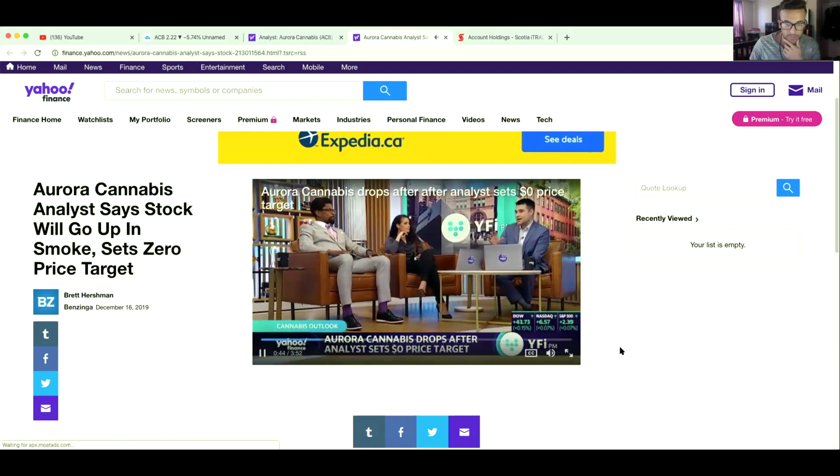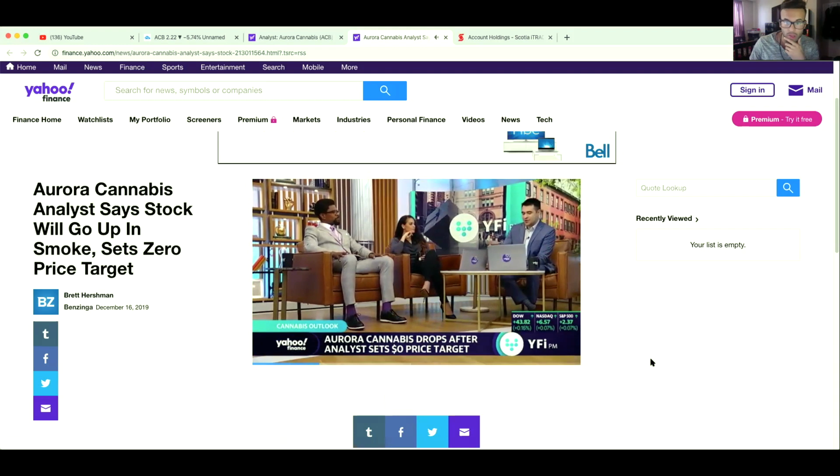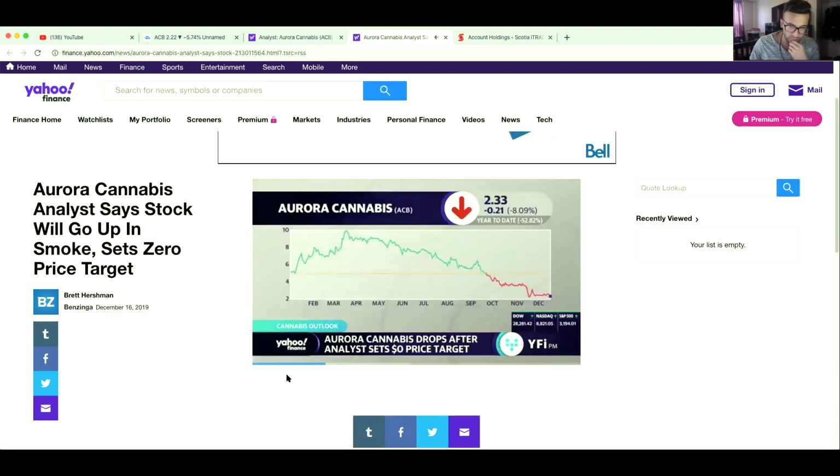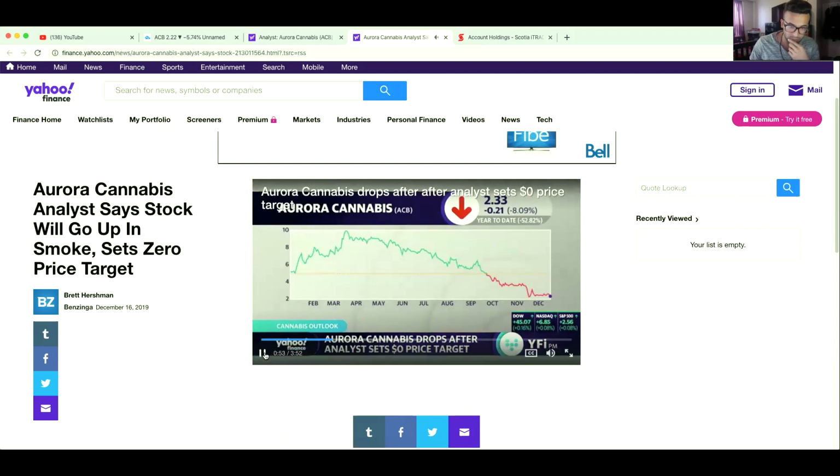And it's definitely not as well capitalized as its competitor, Canopy Growth, sitting on $2 billion American, whereas Aurora does only have about $150 million in the bank. That's also a very big factor. Canopy Growth, Cronos Group, both those companies have billions of dollars in the bank right now, mostly because they landed those partnerships. Aurora, according to this video, they said they have about $150 million in the bank and a lot more debt versus the money they have. So right now, Aurora is in debt.